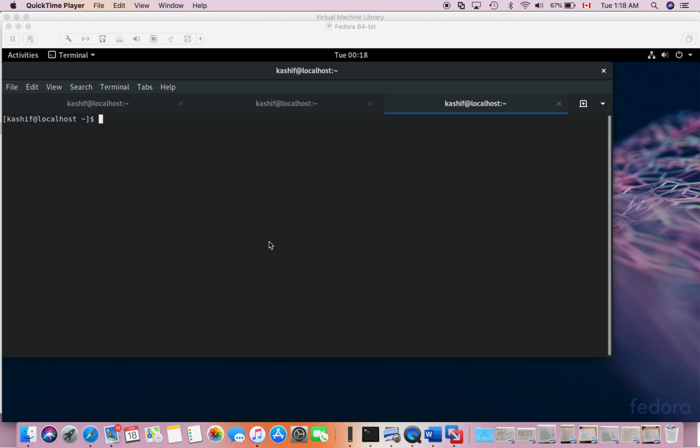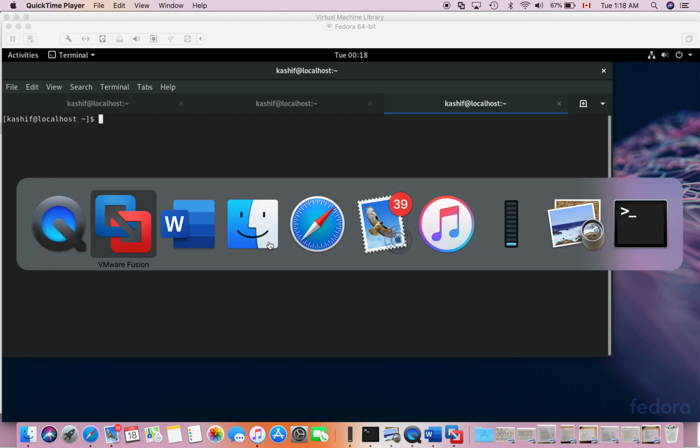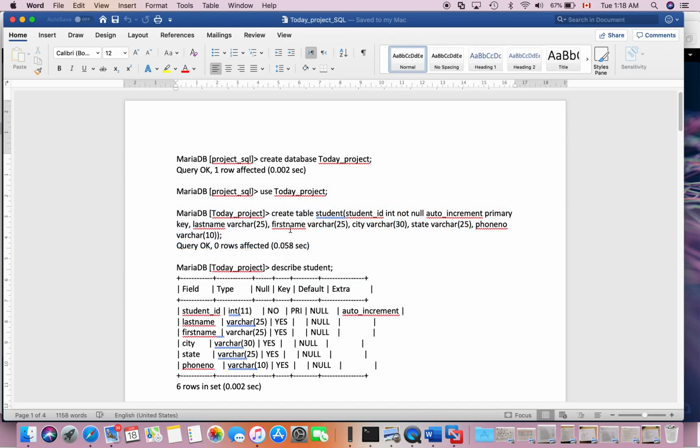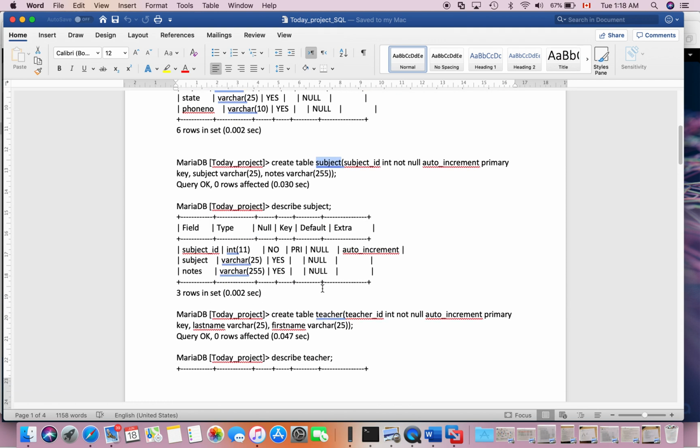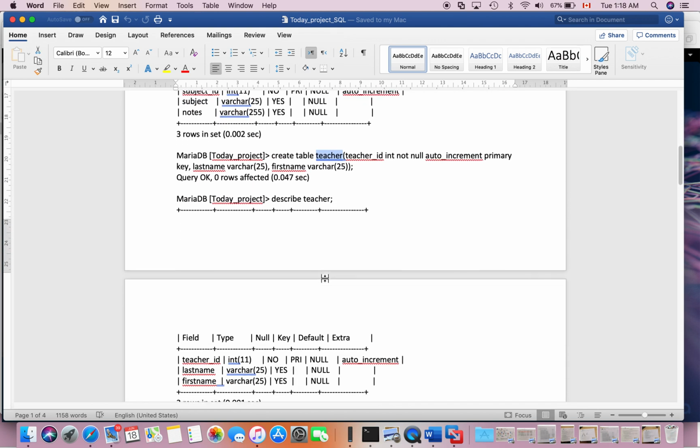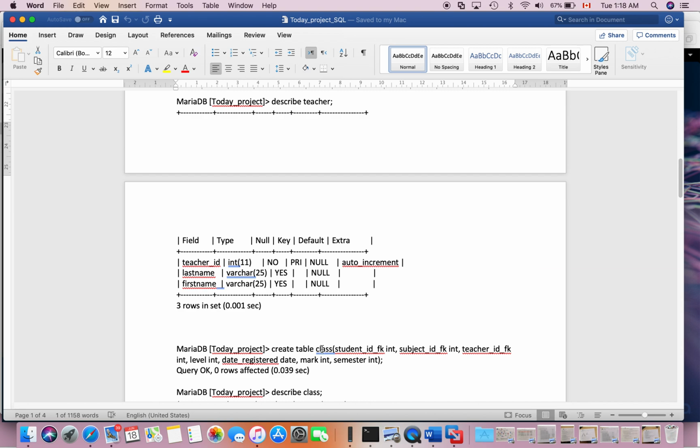I'm just going to start with it. Okay, so you have four tables and you just want to create them. The four tables are the student table, the subject table, the teacher table, and the class table. So we have these four tables and we have to create them under MySQL and enter some information inside